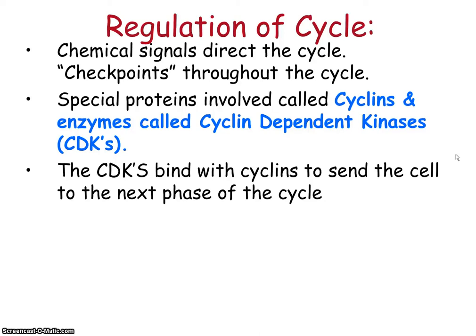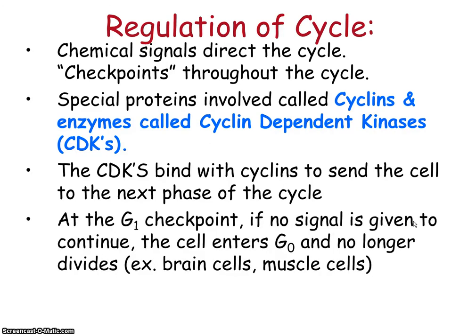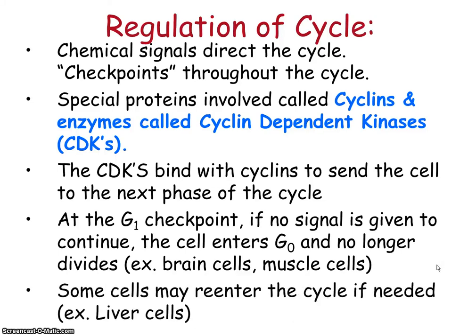So for example, brain cells that are never going to divide again, obviously their cell cycles are controlled because they're not making these CDKs. That's what shuts the cell down and prevents it from going into S and going into M. And that's why that cell would then go into G0. Brain cells do this, muscle cells do this. Fat cells, any kind of cell, liver cells that are not planning on dividing anymore, it's because of these factors, the lack of certain factors that basically tells them to stay in G0 and not proceed.